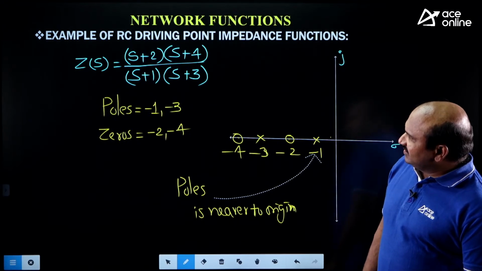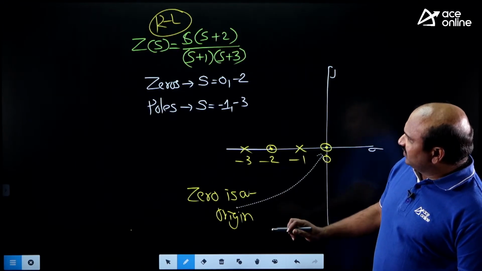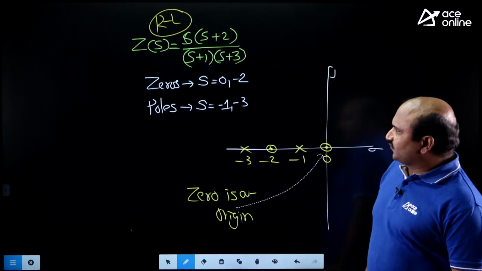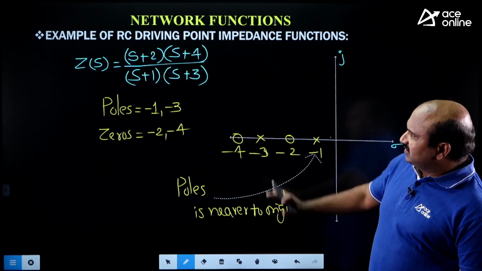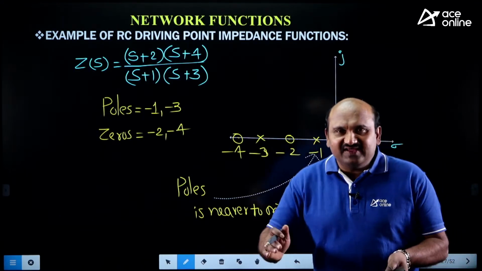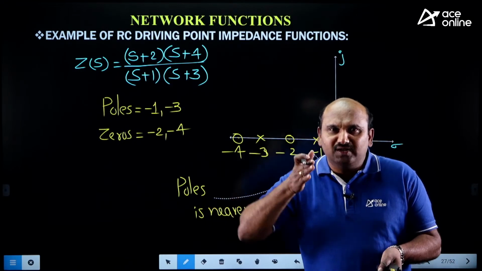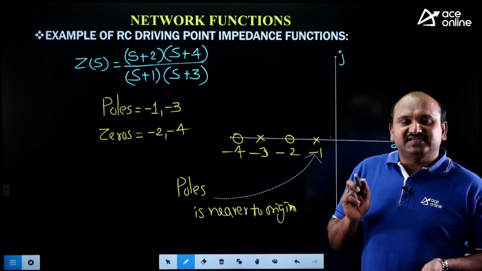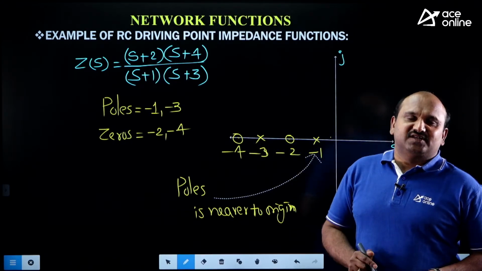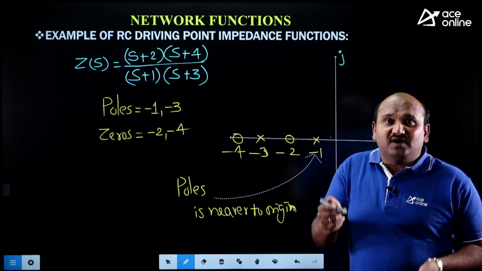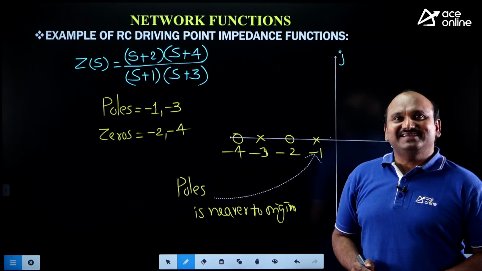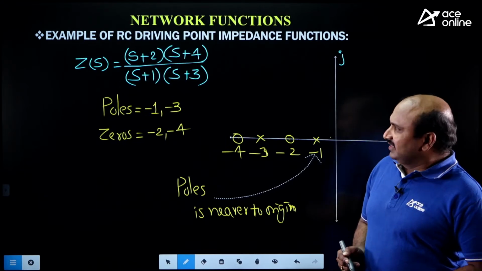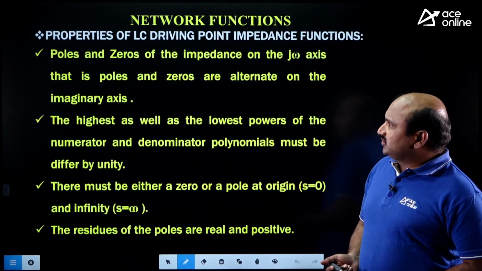And once you see the before one and this one, before one is what? See this. This is s plus 1 into s plus 3 by s plus 2 into s plus 4, and this one, see this. Reverse, right? That's why the driving point impedance function is equal to 1 by the driving point impedance function. That's why I have taken like that. Right? 1 by Z of s is equal to 1 by Y of s. Now, RL impedance function is equal to RC admittance function, you will get that. This statement is also very important. That I will provide. Now let me take the third part, which is for LC.